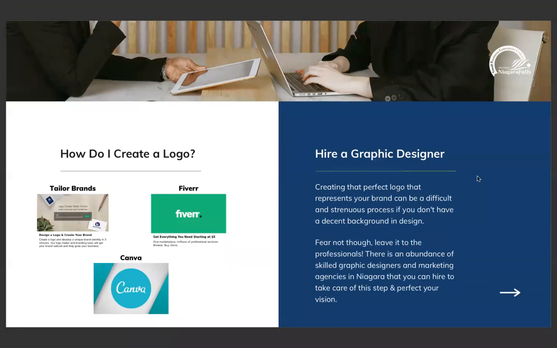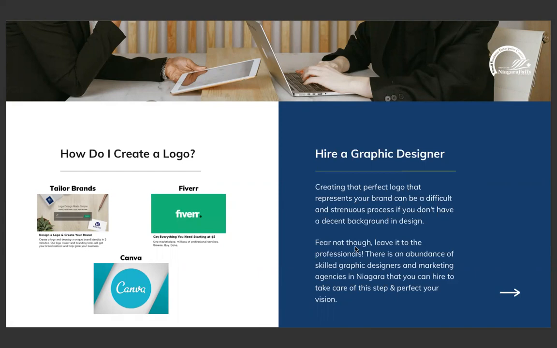Matt had mentioned some great free resources and some great paid resources that are available to someone looking to launch a business with their logo, or any brand, for example, with a new logo. Taylor Brands is an awesome website where you can plug in your ideas, plug in your verbal thoughts to their AI generator, and they're going to spit out different versions of what you're looking for or what you might be interested in for your logo.